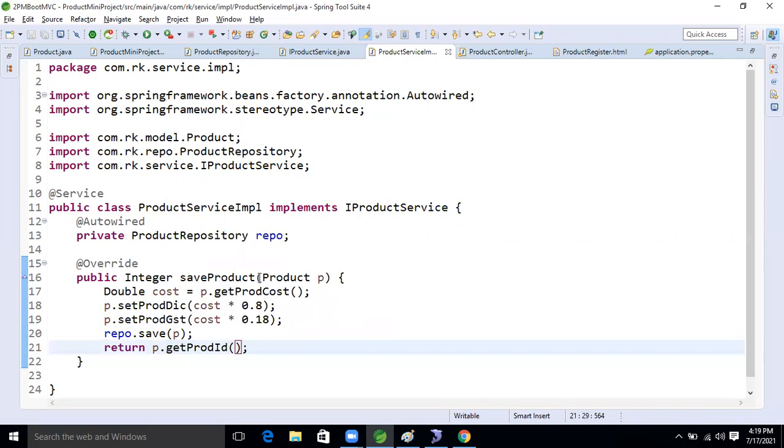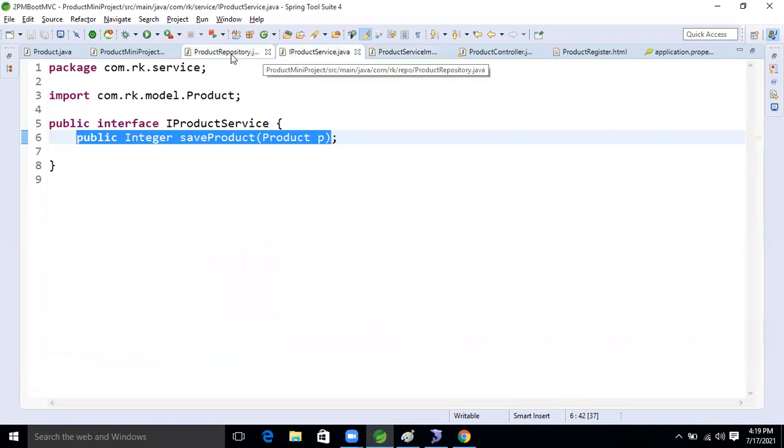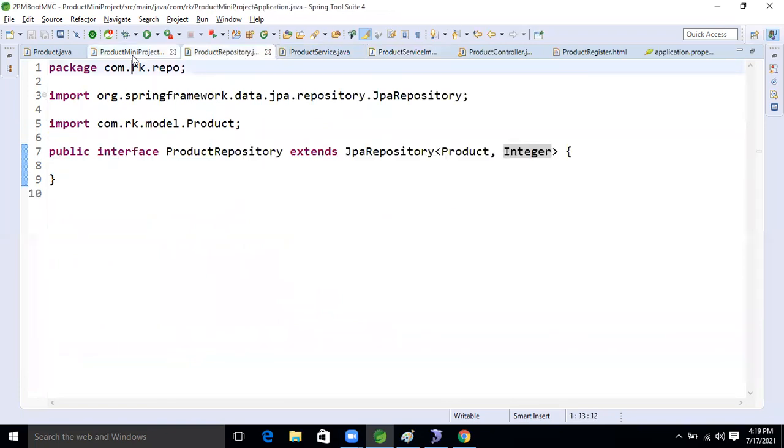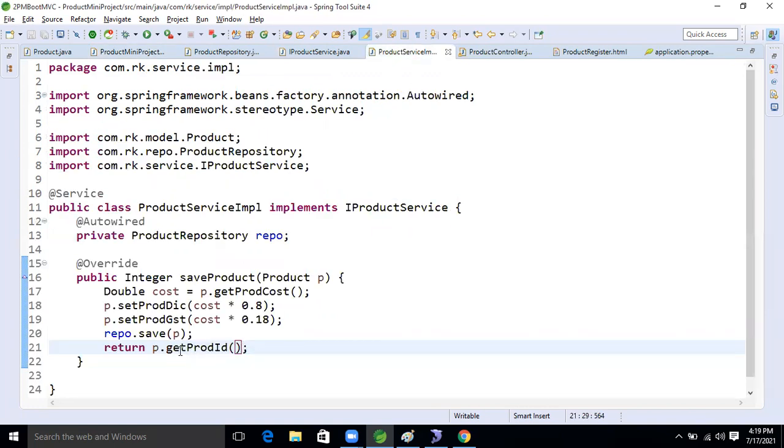We are getting this product ID from this model data, and directly I'm returning that ID here. Now our save logic is completed in one service logic.